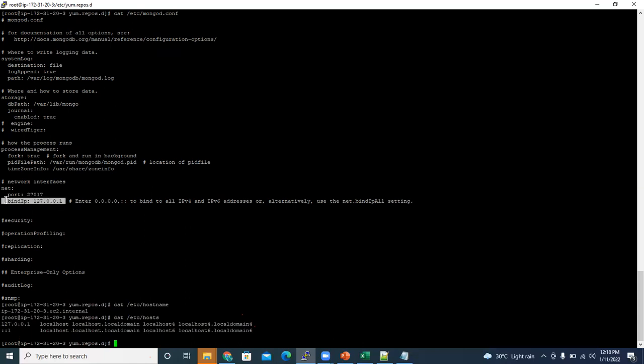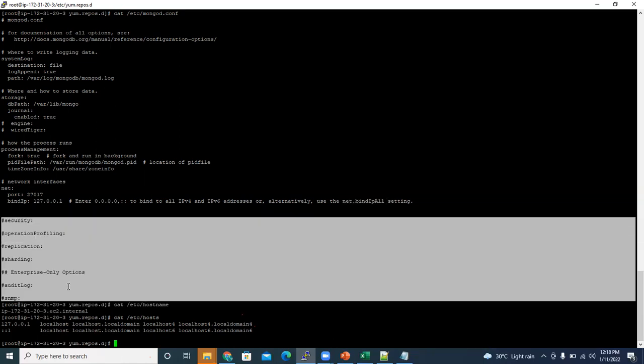So if you mention this bind IP, you will be able to connect to MongoDB only from this IP. You cannot connect from a different machine. So it should be 0.0.0.0, which means it will allow all IPv4 connections. You can connect from anywhere. Or else you can mention bind IP all.